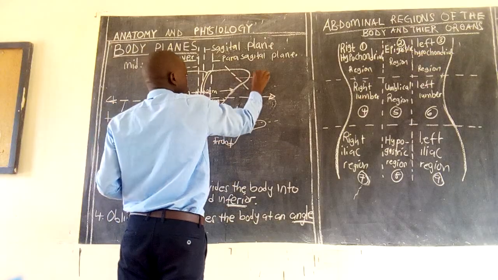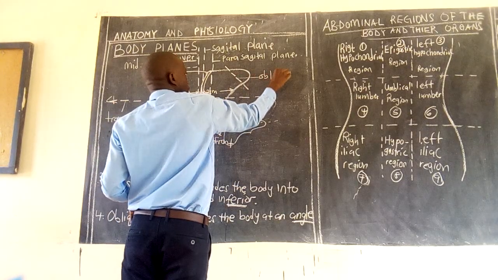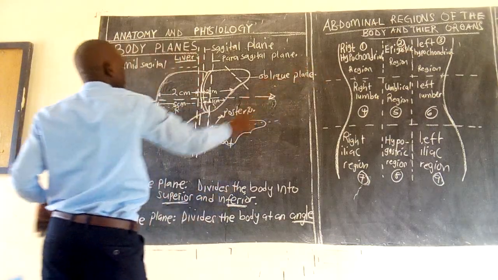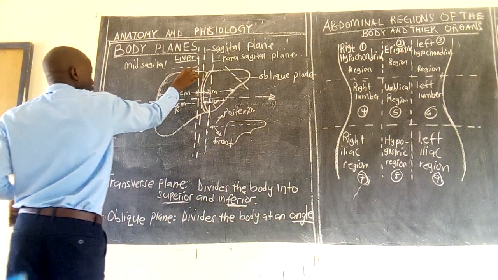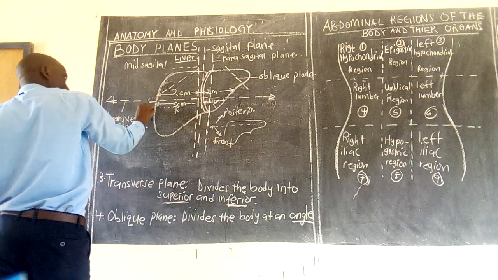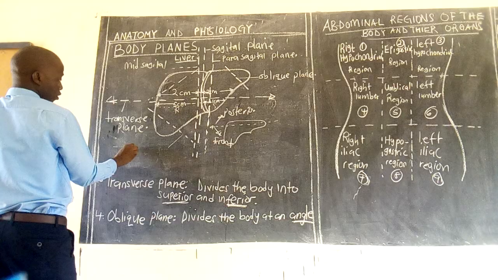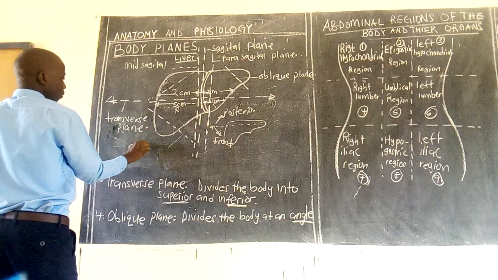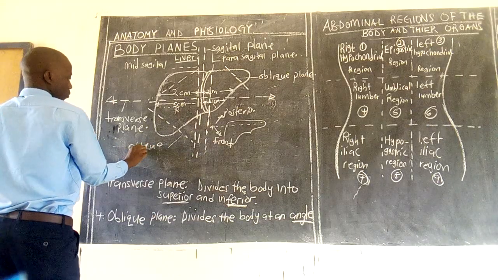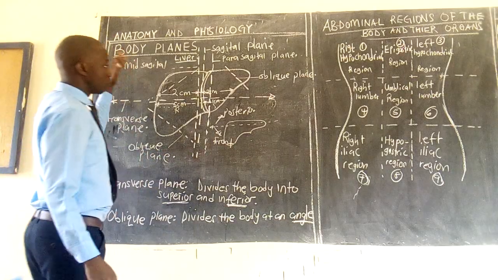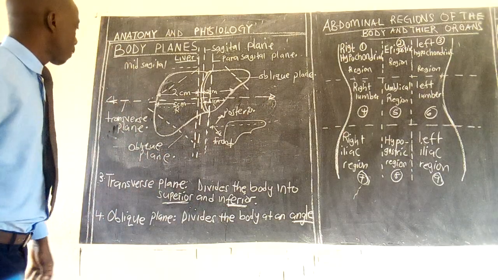That is what we call the oblique plane. It can also be made like this, according to the area of interest. This is also our oblique plane. So these are our body planes